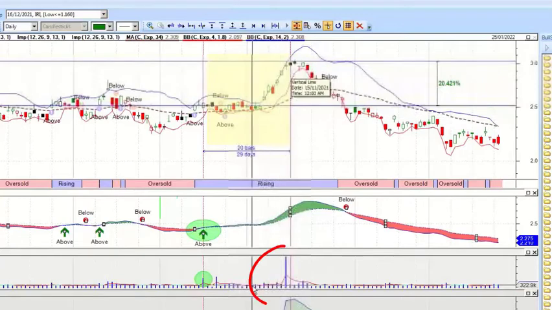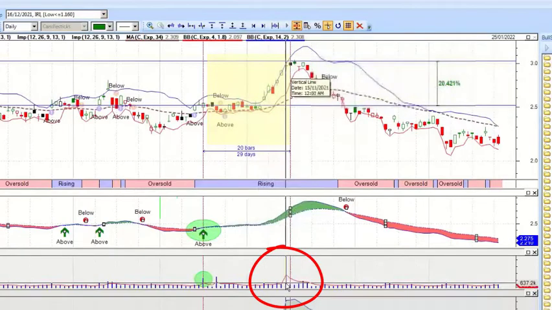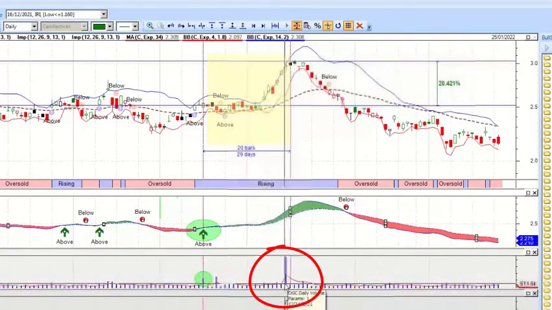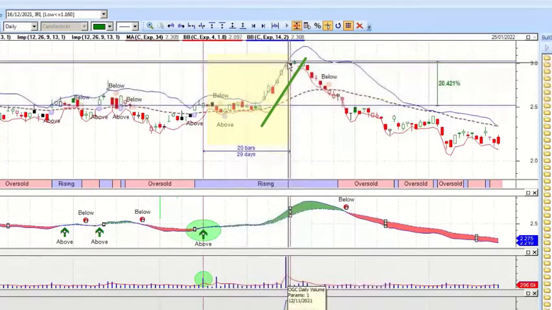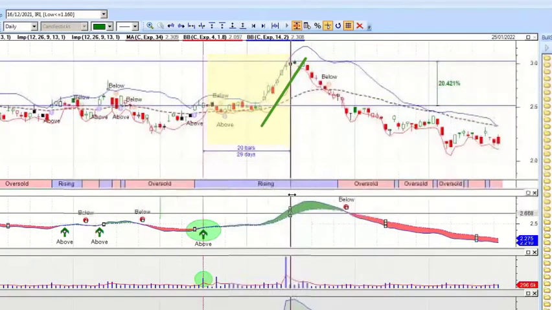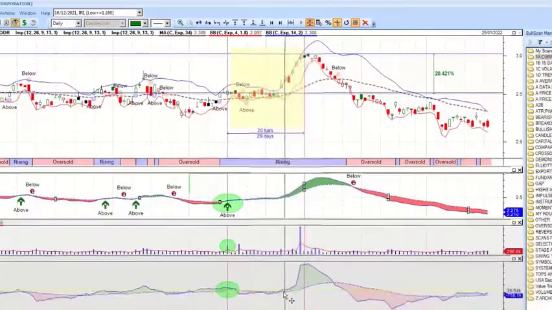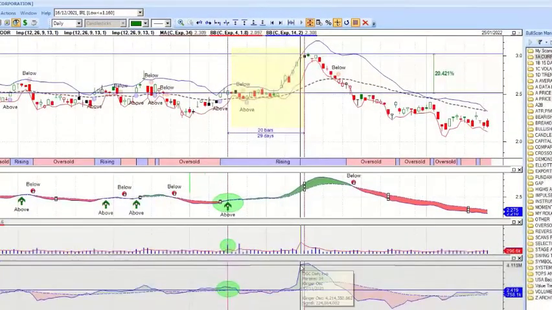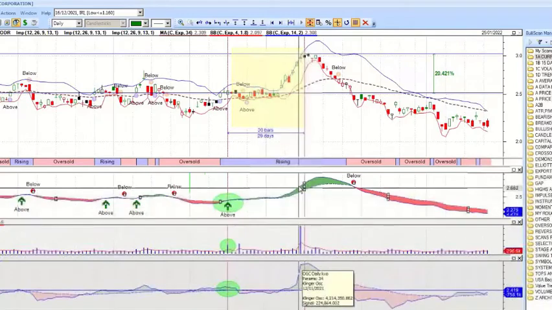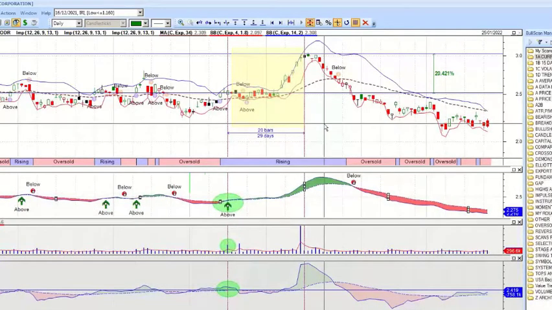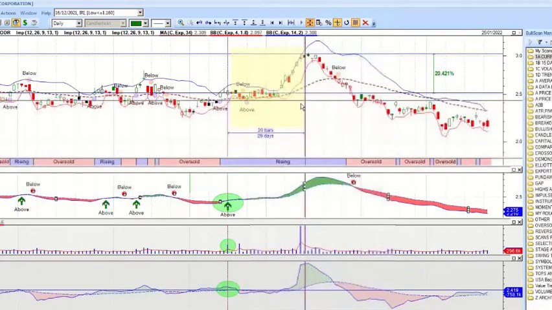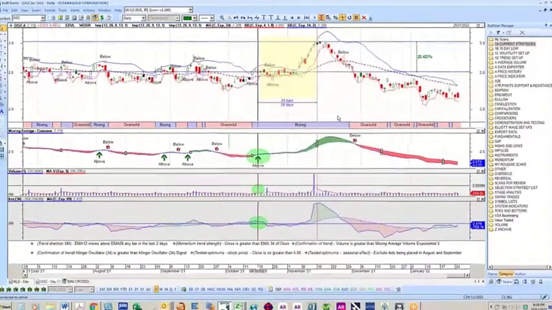Rightly or wrongly, what I'm seeing here now is that if I've been following this on the day, we've had a significant spike up in volume on this uptrend. We've had a bit of a downturn here. That's saying to me, and because this is peaking up here in the oscillator, that's sending me some warning signals that this could be about ready to turn, and that's exactly what's happened. This is a great little chart just to demonstrate the ups and downs.